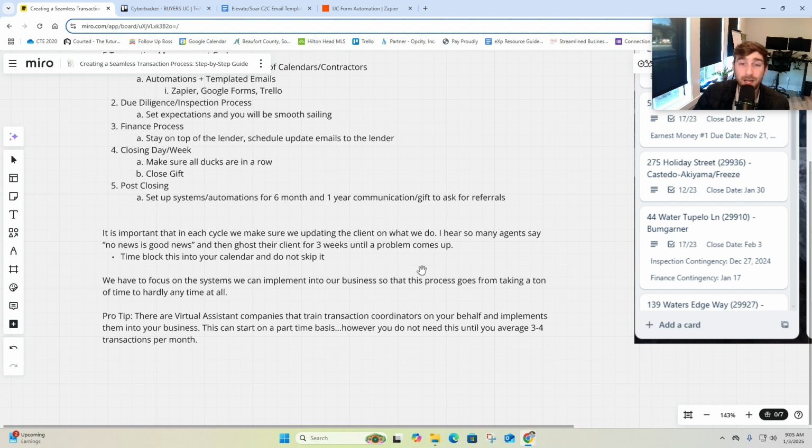And what we want to do is write down our entire process, every single thing you can think of that you do in the transaction process. And then I want you to go through the exercise again so that you can write down the different forms of contact that you need. What I mean by that, for example, is when a new contract comes in, I circulate to all parties. That's one action item. Well, I want you to break that down to who you circulate that contract to. You send it to the lender, you send it to the title company and or the attorney, you send it to the client, right? I want you to create 3 separate action items for each of those points of contact